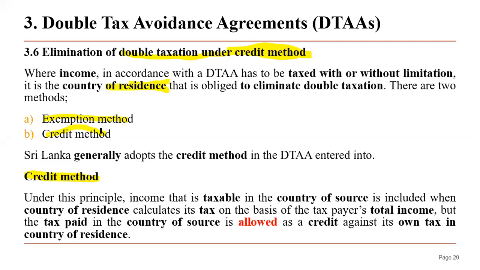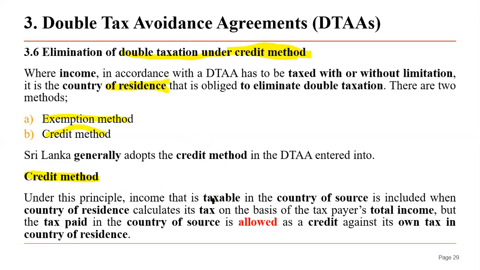This is the exemption method. Let's say Sri Lanka applies a tax rate of, say, 14% or 10%. Then there is no more tax in India. In the exemption method, one country grants the exemption and one country is liable. Both ways may also happen. Both countries may sometimes exempt because of some special exemption to encourage that sector. There may be other reasons for the exemption. Then the credit method is the most applicable method when it comes to DTA.